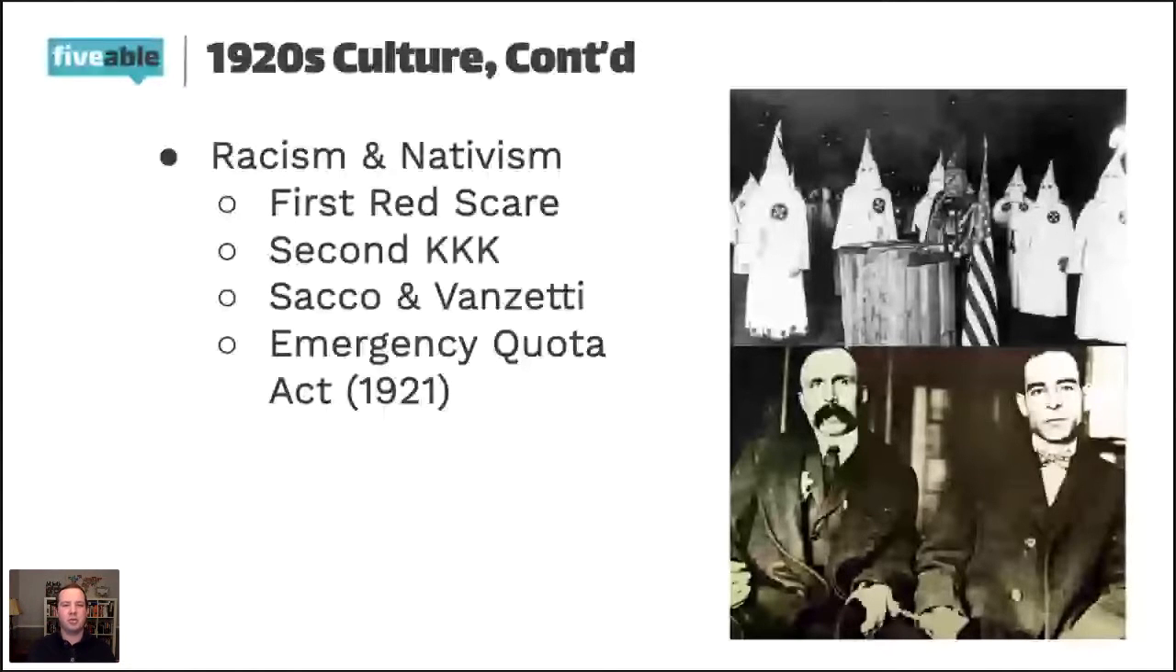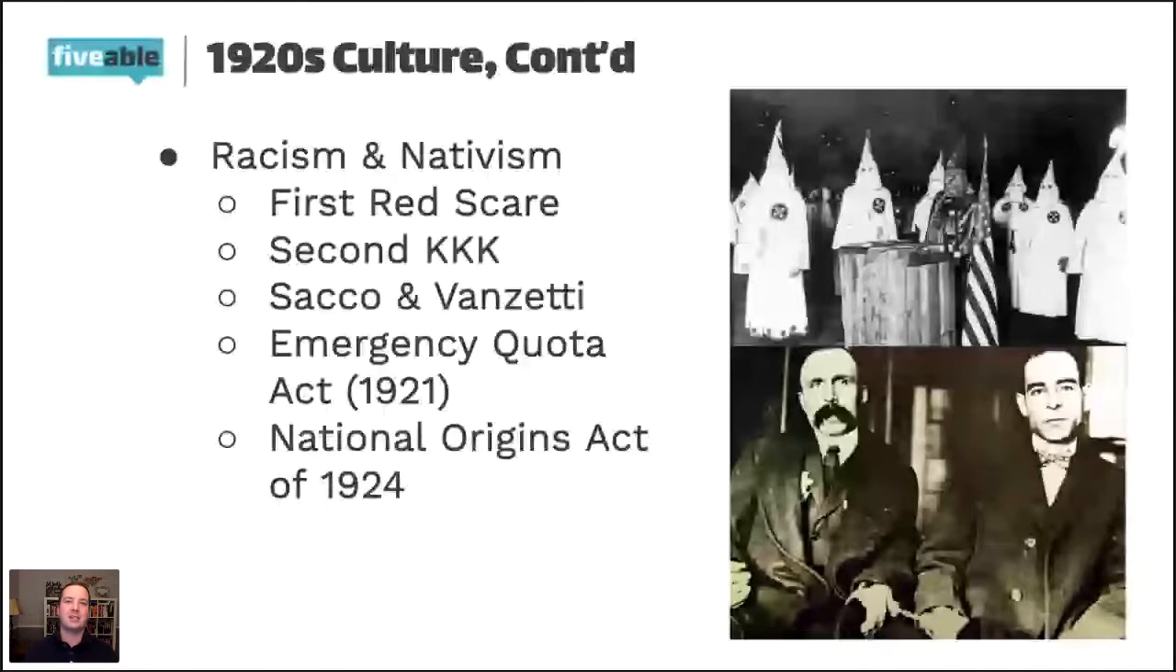The emergency quota system, but it uses the U.S. Census in 1910, so it goes back a little bit. But that wasn't even enough. Nativists wanted to make the United States even more Anglo-Saxon. And so they passed the National Origins Act of 1924 that says not only are we going to move it from 3% to 2%, we're also going to move the date back to 1890, move it back 20 years,